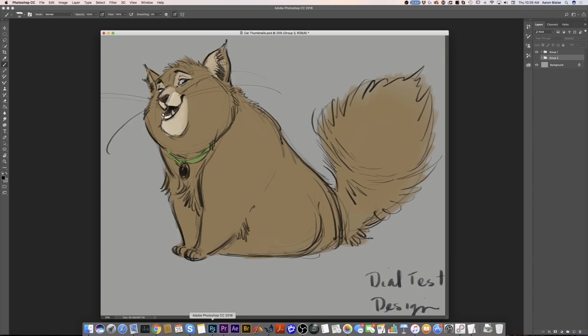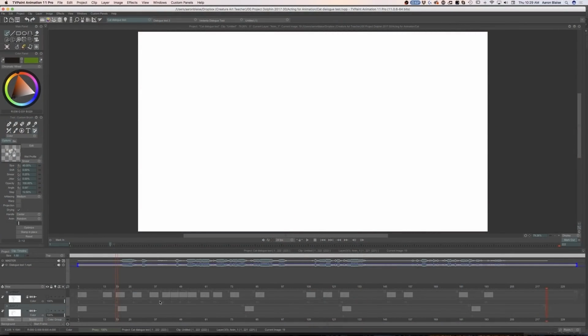I love animating big, fat, fluffy types of characters. And so that's what I wanted to do here. And I felt like the voice I was getting in my dialogue, the character I was playing, kind of felt that way. And so I started using this design in my head as I approached the dialogue. So I'm going to jump back over to TV Paint, and let's scrub through that.